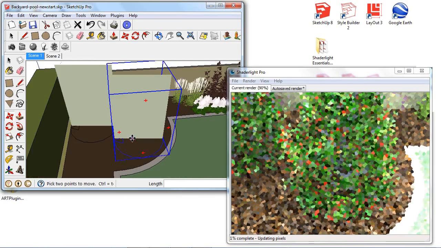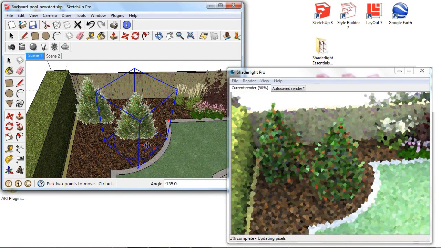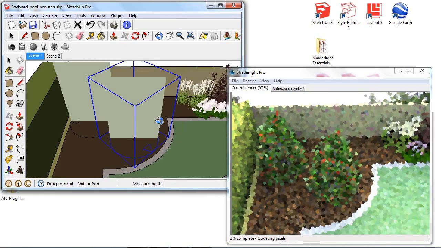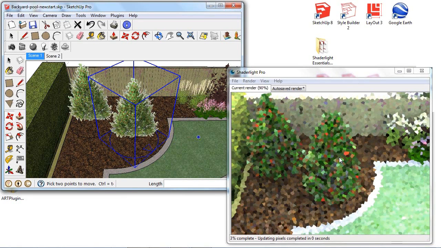Now this is actually what direction the tree is facing. So if I rotate that, we can now see the blue arrow is there, we go. It's just facing us there. There we are. Now I know this is subtle, but if you have 10 trees in a row, you get